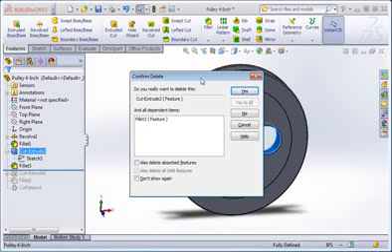Now the Confirm Delete dialog box appears. The top window shows the feature we're deleting, and the next window shows features that are dependent on the feature being deleted. Fillet 3 is built on geometry from Cut Extrude 2, so it's a dependent of Cut Extrude 2. Another way of saying this is Fillet 3 is a child feature of Cut Extrude 2, and as you can see by default, child features are deleted. We also want to delete Sketch 3, which was absorbed by Cut Extrude 2, so check this option. Click Yes,